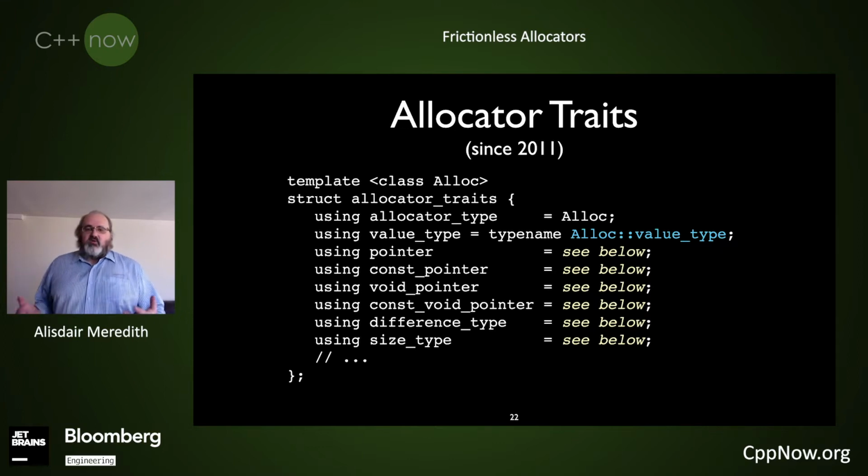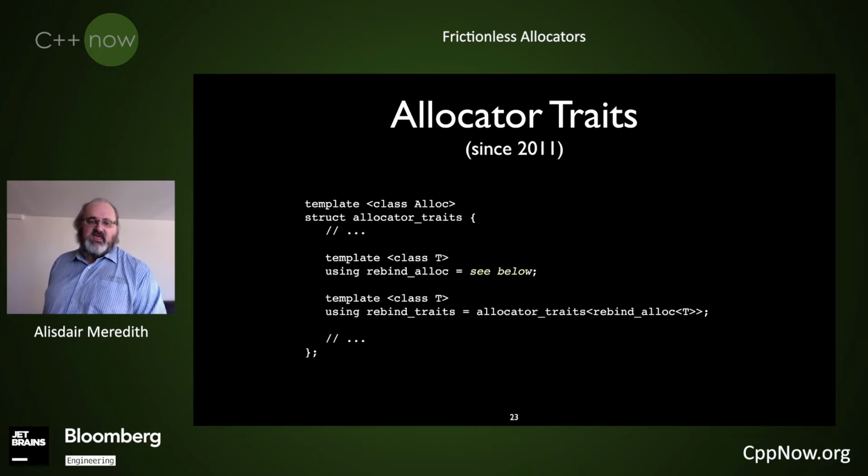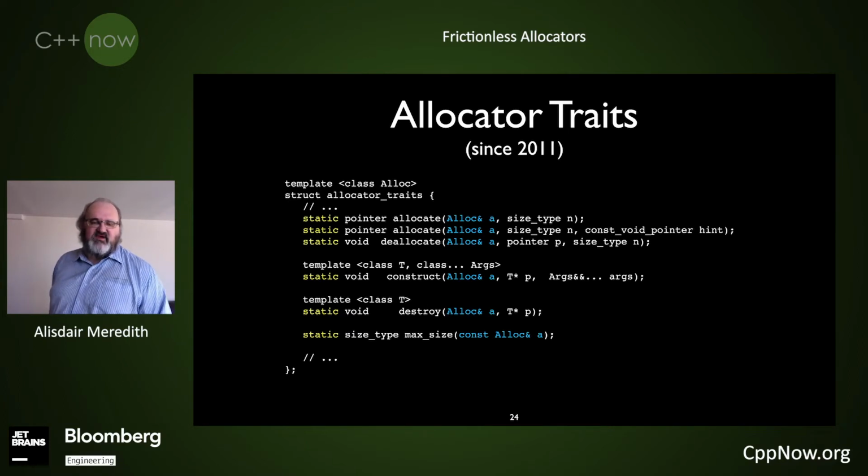In C++11, we have the notion of allocator traits, which is this big class template which provides all the allocator services that your program is supposed to use. So we get a bunch of type tests that will help describe how your allocators work. And most of them say "see below", which I don't provide here. That just says there's a formula, a metaprogram, that can be used if your allocator does not supply a type of these names. So allocator traits will adapt a minimal allocator implementation to provide the whole service, trying to simplify the idea of writing allocators. So this is just a general walk through the basic interface.